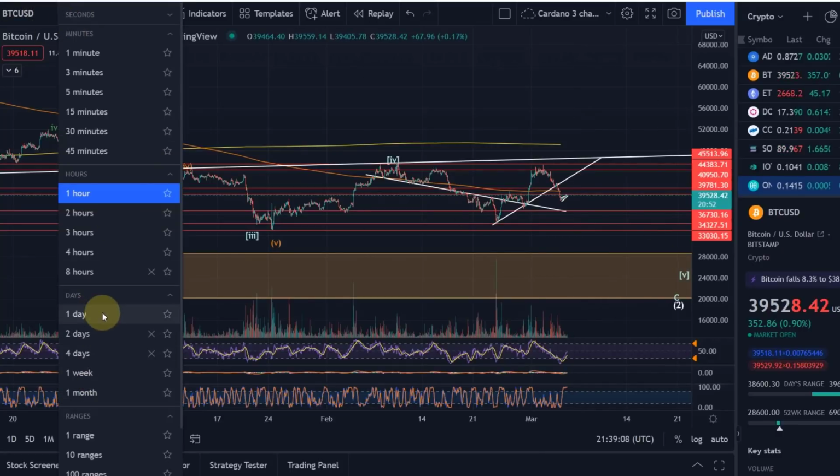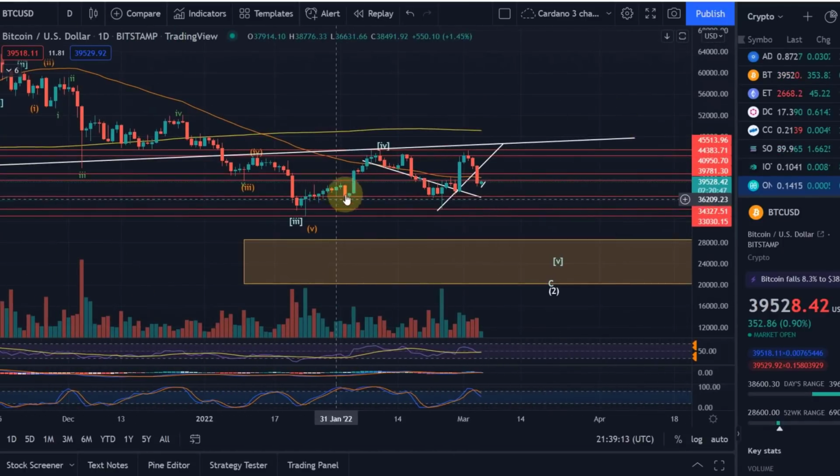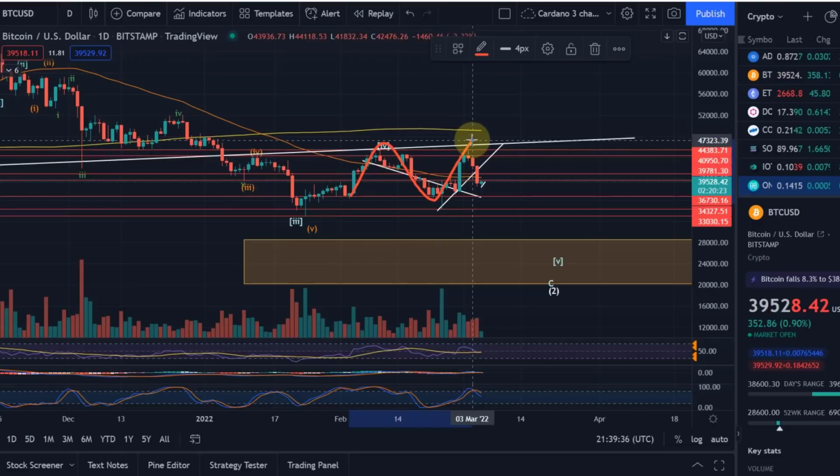And if we go maybe once more to the daily chart, if you're going to lose this current support where we're sort of hanging around at around 39.5, then you're probably going to go down to this next support, which will be at 36.5 roughly, yeah. And then what we could be seeing is that this M pattern is going to play out. We talked about that M pattern before, where you have basically something like that, and then if that breaks here, yeah, then you're gonna move down, and the target of that M pattern could really take us into the